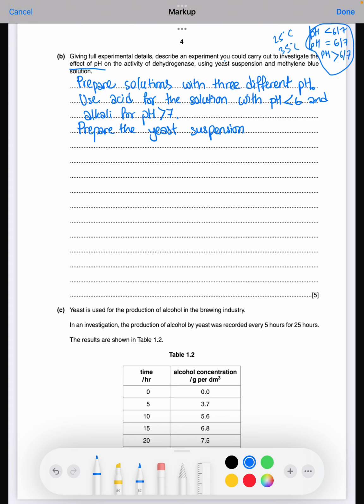Without this we cannot even experiment. So prepare the yeast suspension, add buffer to it as well, because we want that solution to